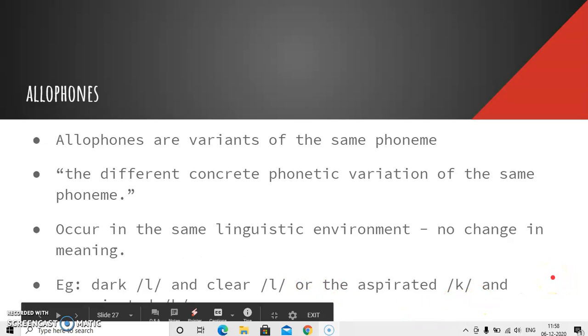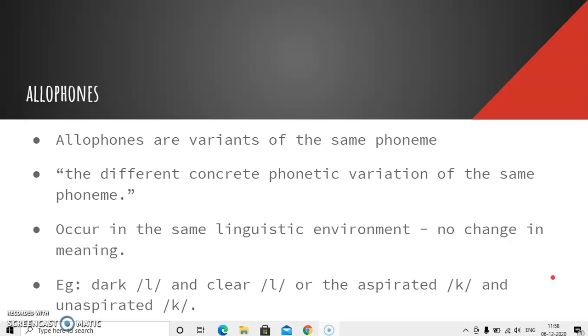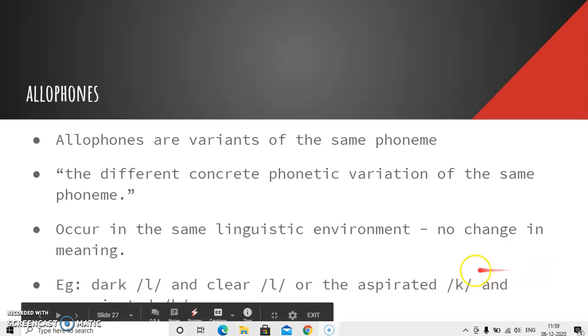Or you take up terms like puya and pura, but that cannot be seen as an example for allophone. But definitely the sound, for example kaka, and the aspirated version. What I'm trying to say is that these are different variations brought about in language that can help you identify what allophones are. So hope it's clear for you in allophones.